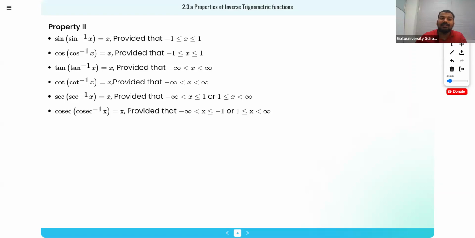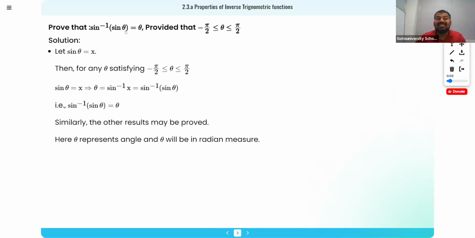Be careful with it. There we have taken sine inverse of sine theta, we were talking about angle. For inverse trigonometry, the angle is always giving you the range. For trigonometry, it is different. Please be careful with it. Theta is always going to give you the range, whereas sine inverse of something, you're talking about inverse trigonometry,